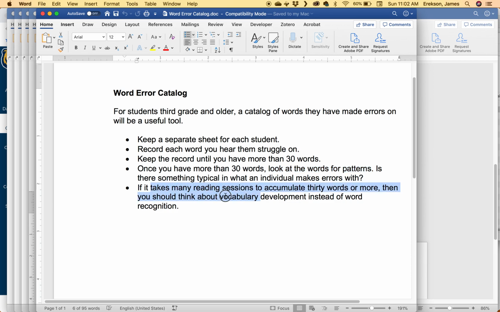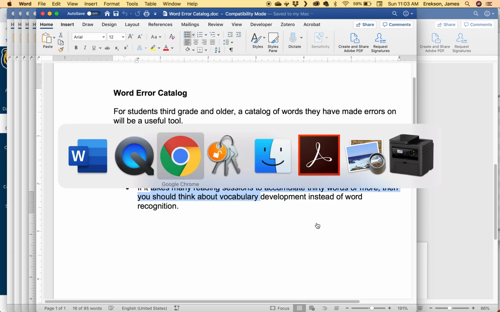If it takes a lot of reading sessions to accumulate 30 words or more, then you should start thinking about vocabulary development instead of phonics and word identification, because if they're not getting stuck on a lot of words, then that's a pretty good clue that the words they're getting stuck on might be just new or unfamiliar vocabulary words. So I'm just going to show you several examples of word error catalogs, and I'm going to go first to